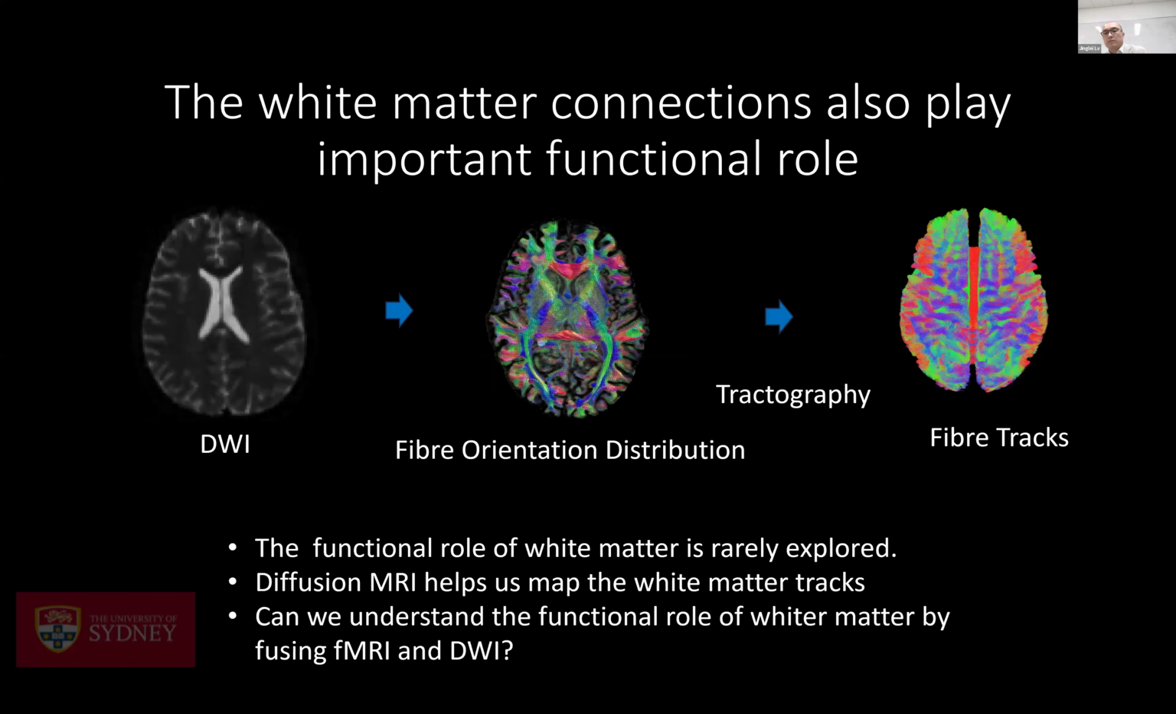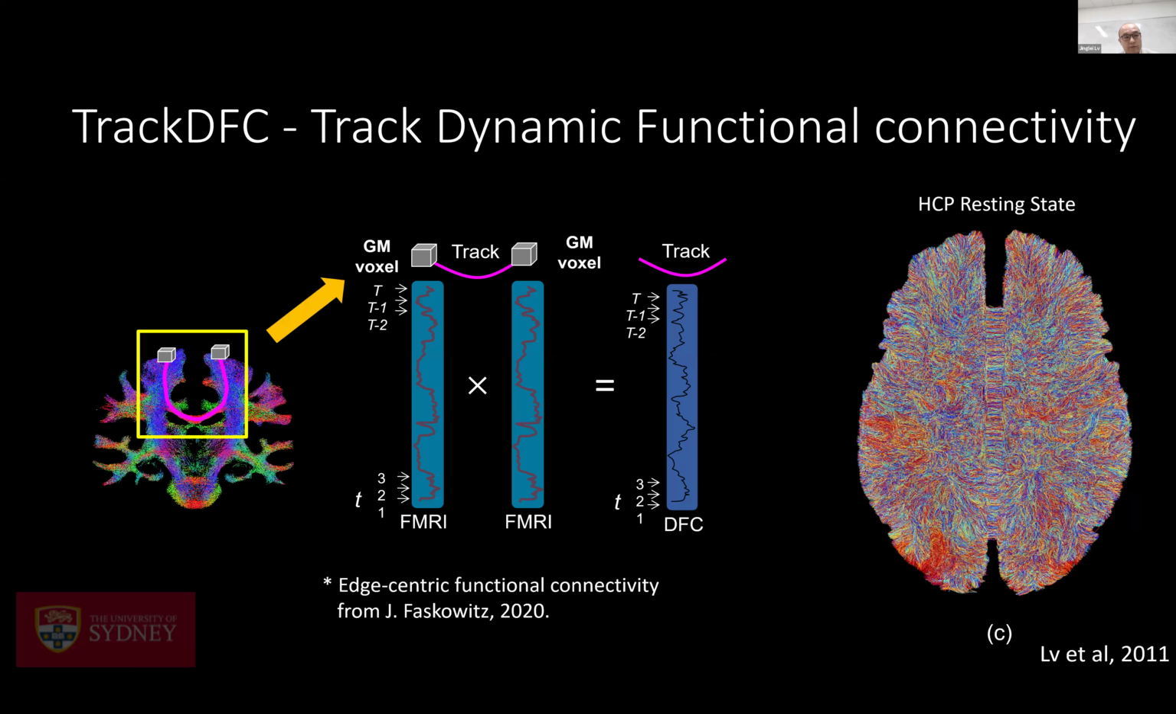We all know that white matter connectivity plays a very important role in brain function, but there rarely are tools to map this role of white matter in brain function. So to address this gap, we propose the Tract-DFC to associate brain functions to the white matter tracts. The idea is that for each white matter tract, we can find the gray matter voxels it connects,